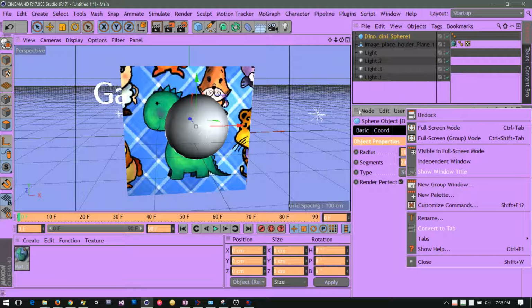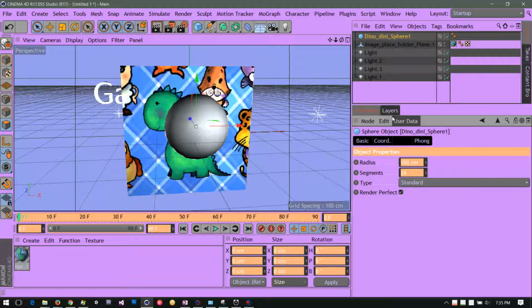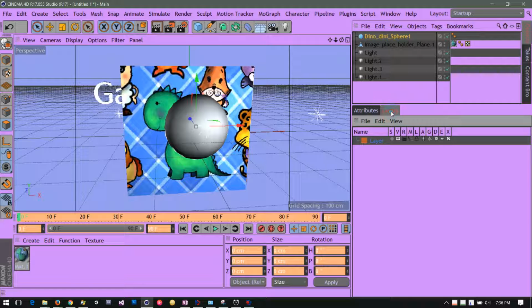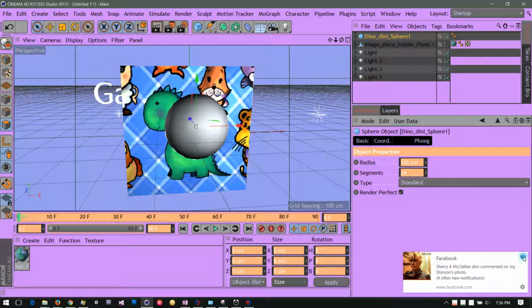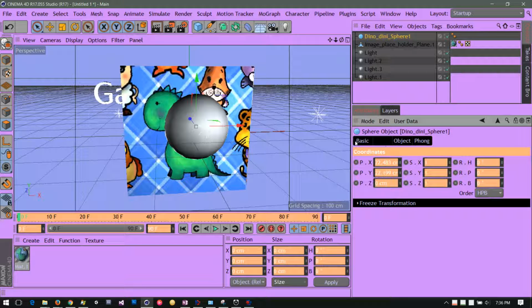So we right click on the top bar of the attributes box and go to tabs, top. And now you can see it. There we go. A little bit better. And this is layers, where we can learn how to use that soon and organize our stuff. But here we have our attributes, and then we have these buttons right here in the black where we have the object, the basic, and